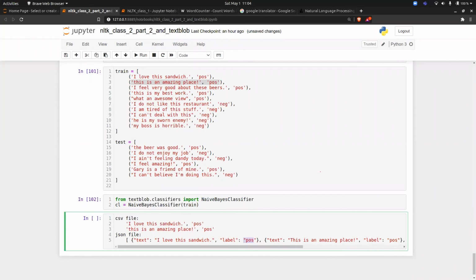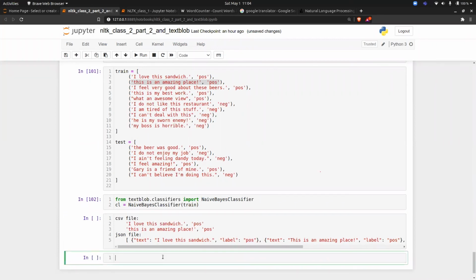Suppose you have this format. How do you open a JSON file using file handling? Can anyone tell me? Or how to open a file, basically? Suppose there's a txt file and you have to load all the data of the txt file into a variable.